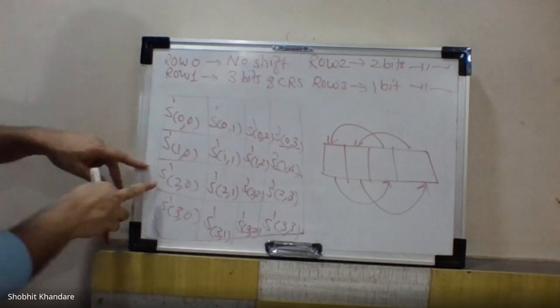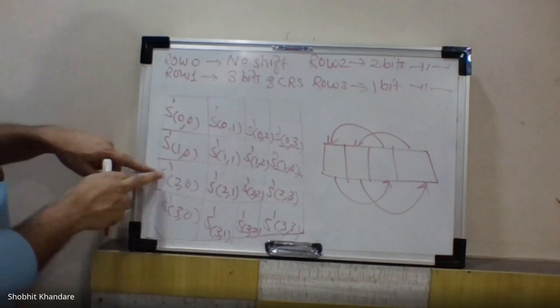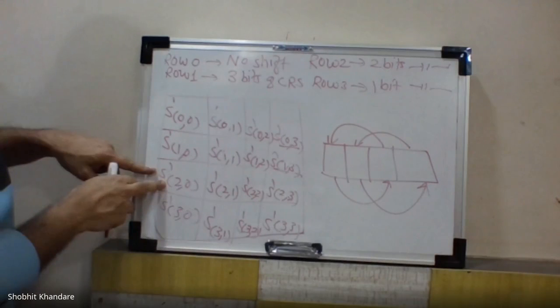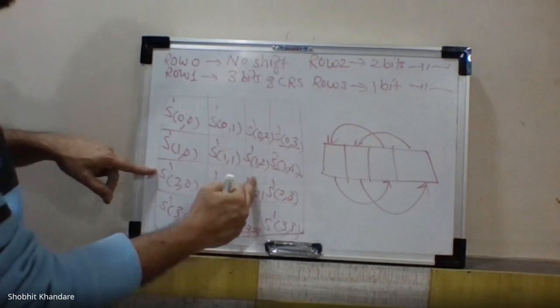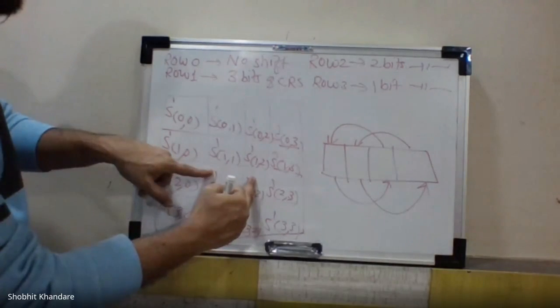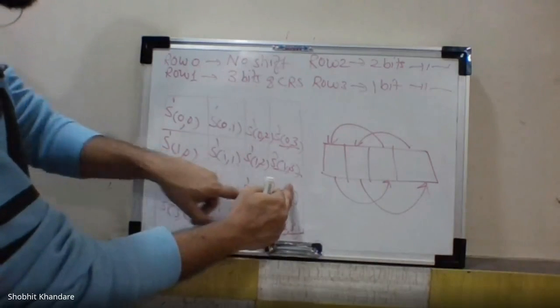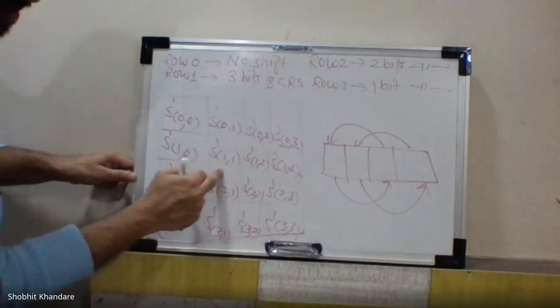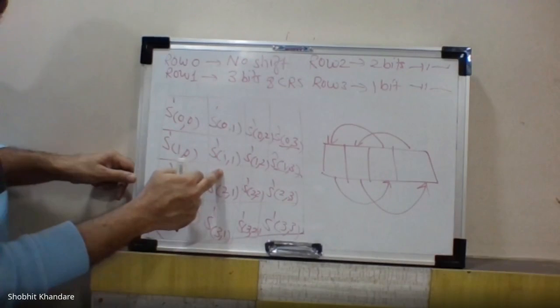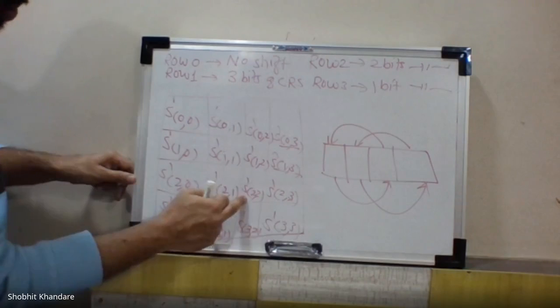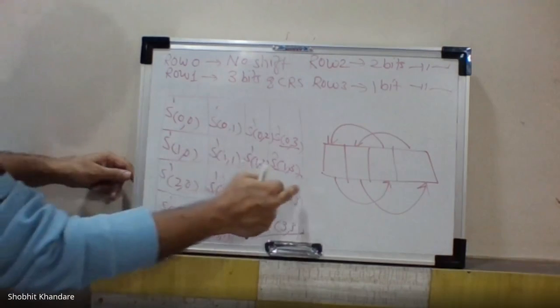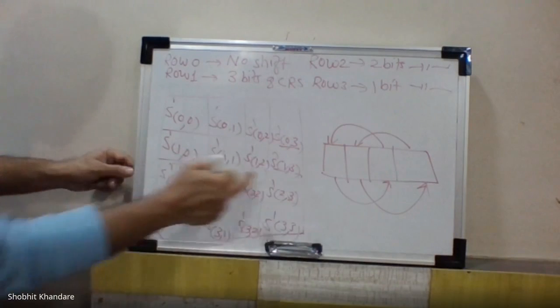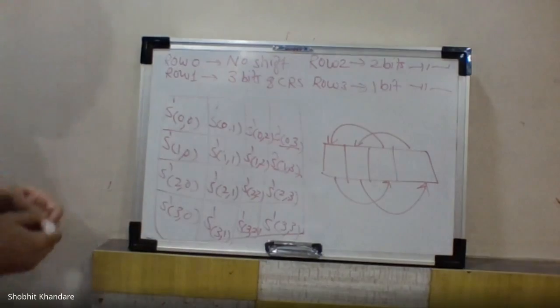So see here, now row number 2. What will happen to S dash 2 comma 0? That will be shifted here. What will happen to S dash 2 comma 1? This will be shifted here. Then what will happen to S dash 2 comma 3? That will be shifted here. And what will happen to S dash 2 comma 2? This will be shifted here. So this is happening at row number 2. Okay. And the last one,